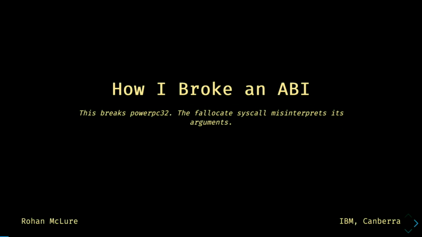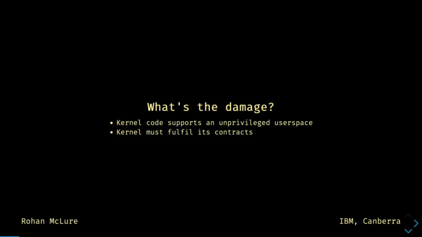For the last year and a bit, I've been hacking on the kernel as well as OpenSSL, and in my first patch series, I managed to really max out on the number of people I could irritate. I made my first patch series, and a month after it's upstreamed, I get this sort of feedback. "This breaks PowerPC 32-bit." "Probably breaks every syscall with a 64-bit argument." All right, great. So what's the damage exactly?